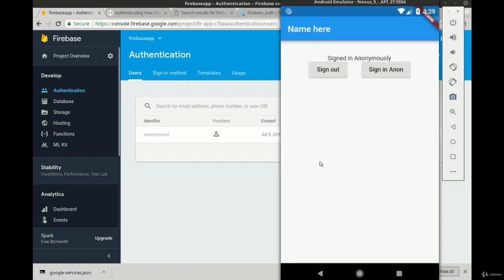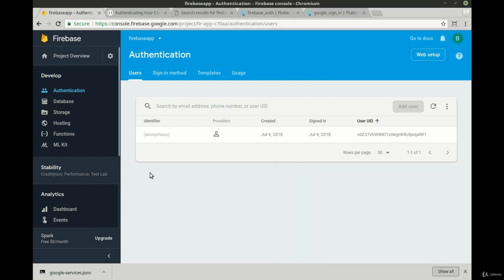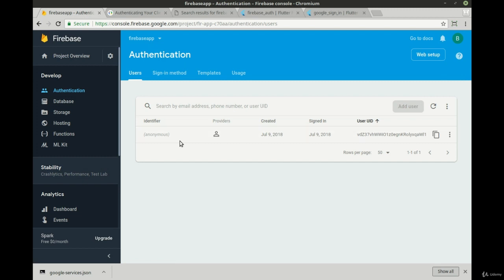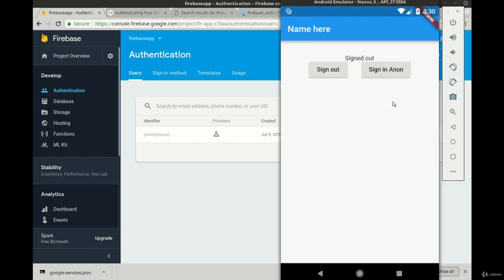And we can go back into the emulator and we can sign them out. See, signed out. Now if we just kind of refresh this and go out, you see they're still there. Last signed in does not mean they're currently signed in, it means the last sign in, but they still have an anonymous account here. So let's actually go here and sign in again. So as you can see, it works pretty seamlessly, pretty easily.